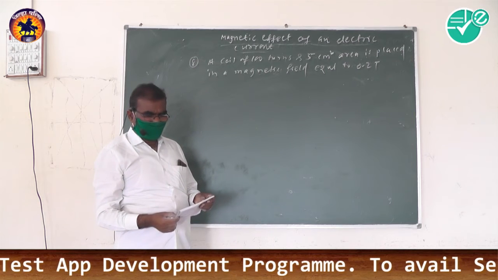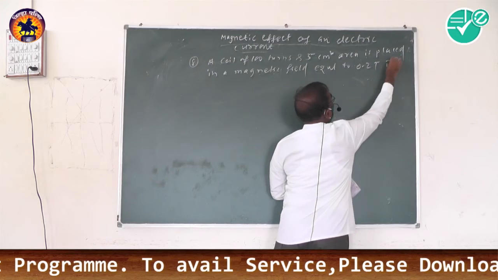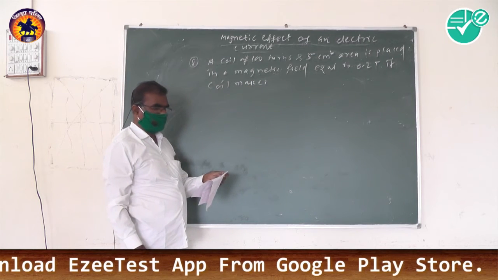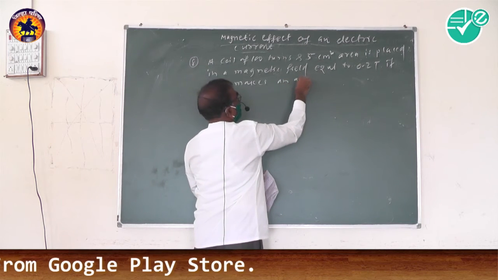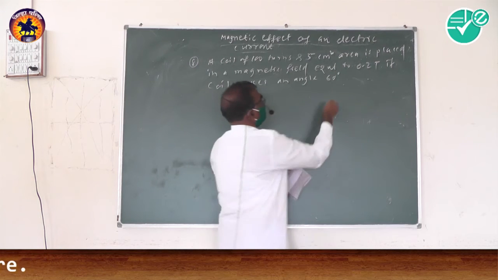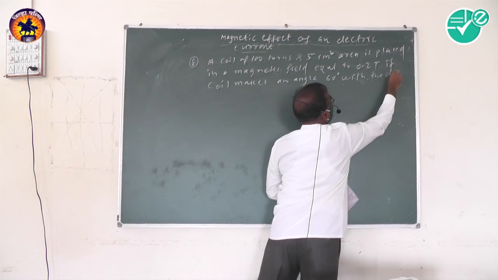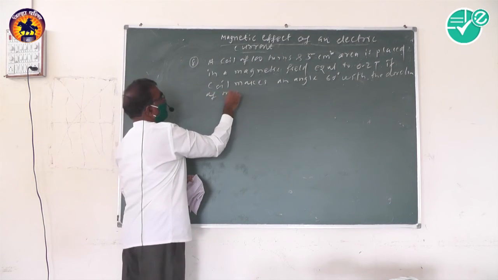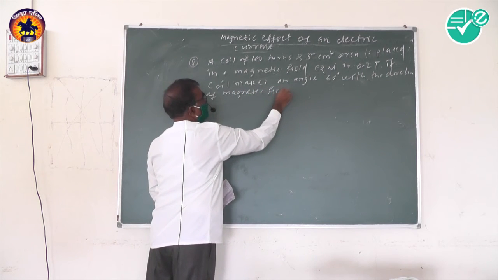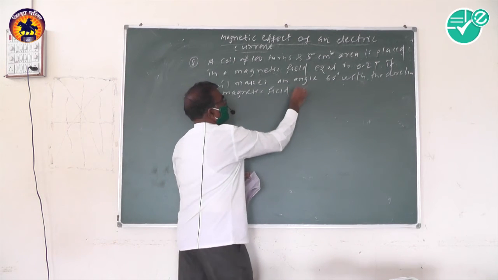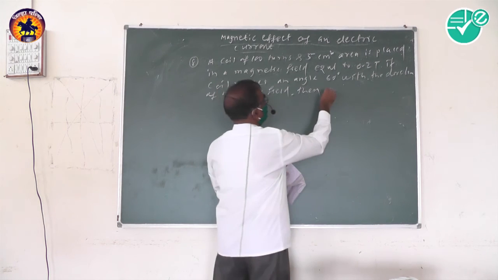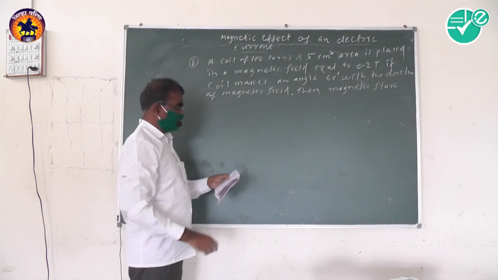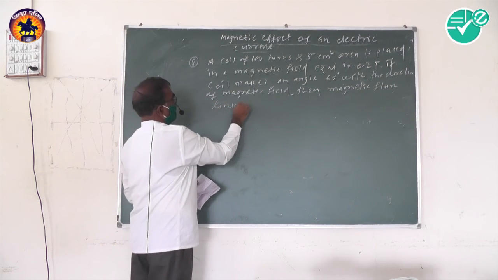If the coil makes an angle 60 degree with the direction of magnetic field, then the magnetic flux linked with the coil is: